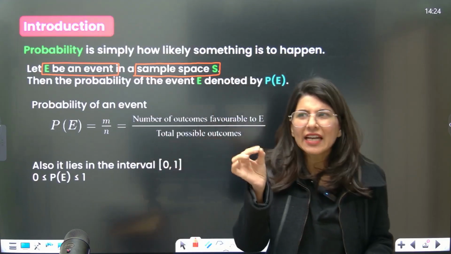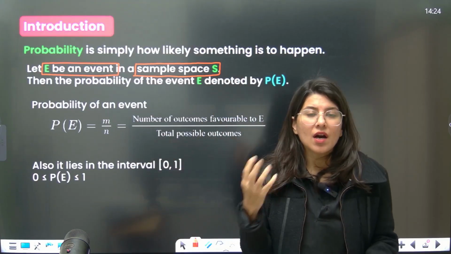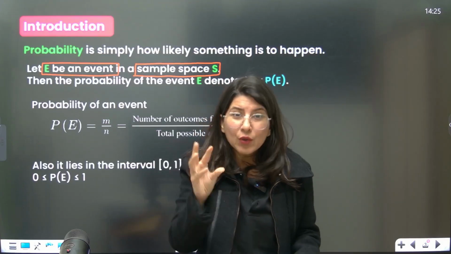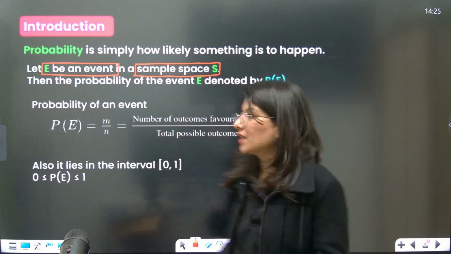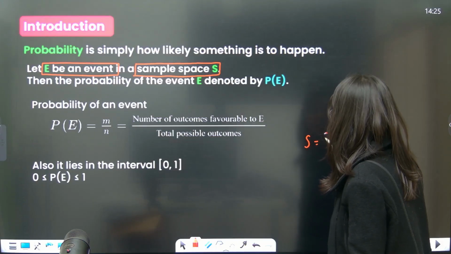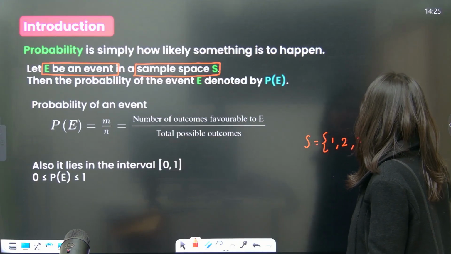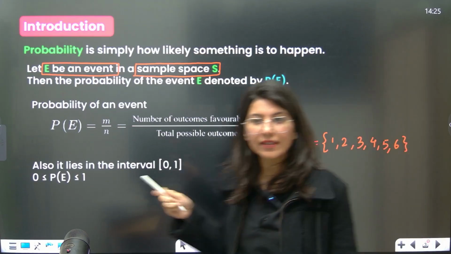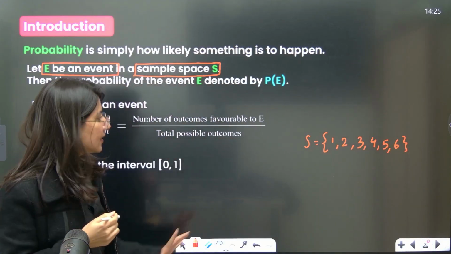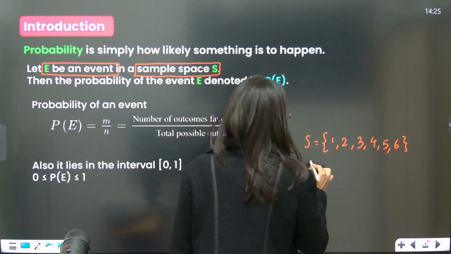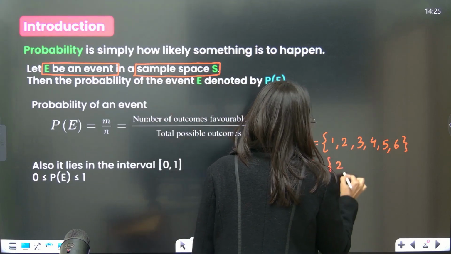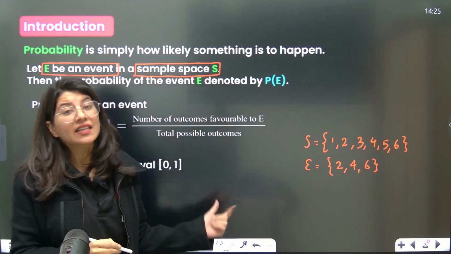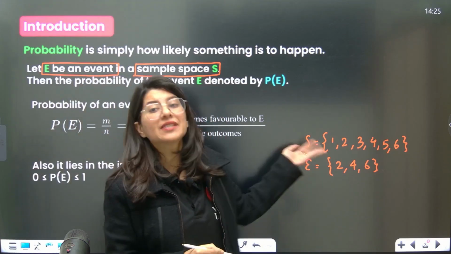Okay, so there will be an event E which will be a subset of sample space. That means that will pick only few elements of sample space. Suppose your sample space in throwing of a die is 1, 2, 3, 4, 5, 6. Correct? Right or wrong? Yes. Now this is your sample space and E be the event. So your event is 2, 4 and 6. Okay, so getting an even number is an event, which is a subset of a sample space.